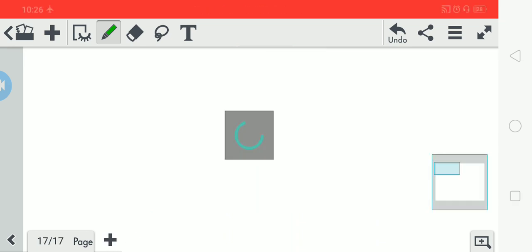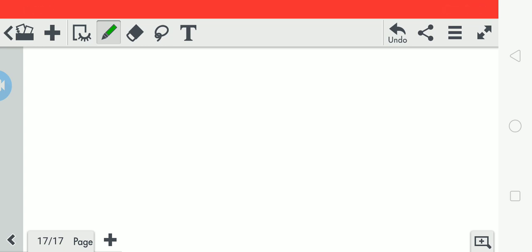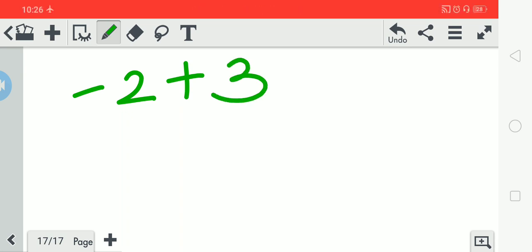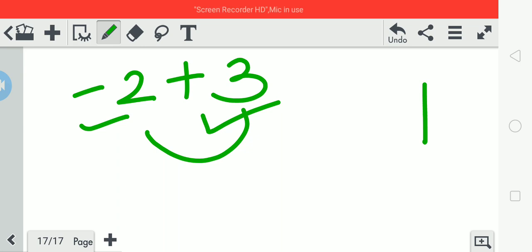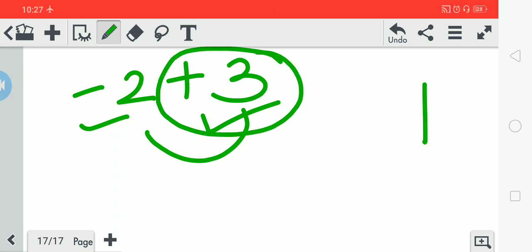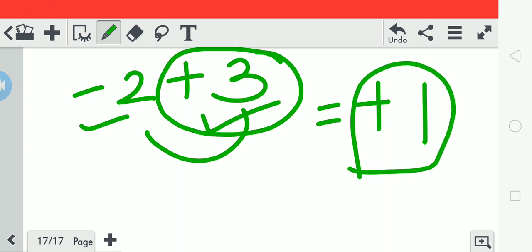The third rule is very important. The third rule was that the sum of a positive integer and a negative integer can be positive or negative. Up till now our answer can be positive or negative. See one simple example, -2 plus 3. One number is negative and one number is positive, so perform the subtraction operation. So 3 minus 2, that is 1, and then the greater number's sign. The greater number is +3, so assign the plus sign to the answer. So the answer of this sum is +1.